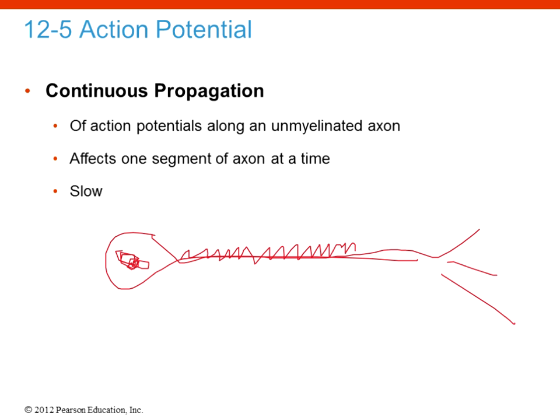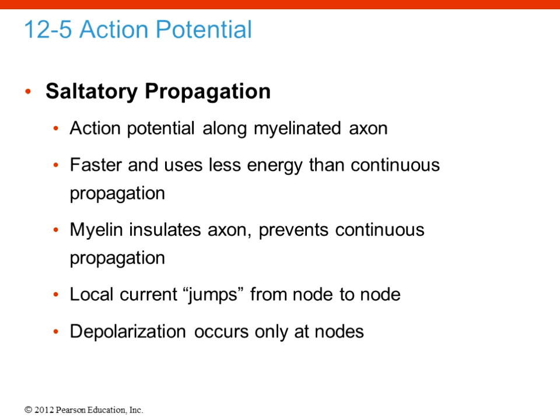It's slower. Now, again, slowness is a relative term. It's still fast, but not compared to myelinated axon, which is much faster. So that's continuous propagation. Saltatory propagation is a conduction of an action potential along a myelinated axon. And this is much faster, uses less energy, because the myelin insulates the axon, essentially preventing what I just described,